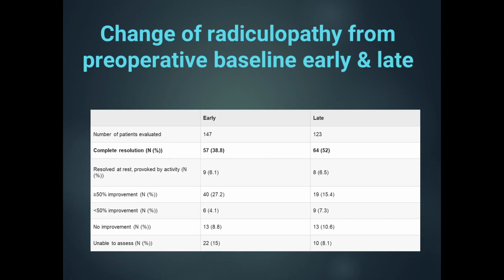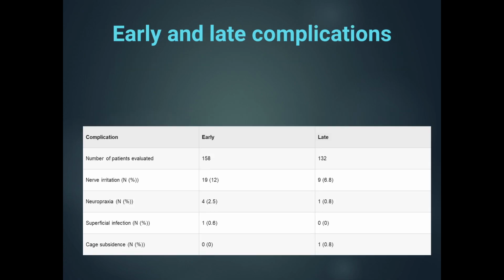As well, we have shown that complete resolution is achieved in more than half of the cases, and in more than 75% of the cases, significant improvement of the radiculopathy and spinal claudication has been achieved with a surgery that is generally about 50 to 60 minutes for a one-level fusion, which includes 1 cage and 4 screws. We have shown with the early and late complications that the results are very comparable to other approaches. As a matter of fact, in many regards they are less than open surgery, especially in the blood loss and some